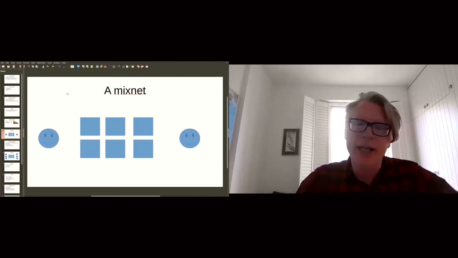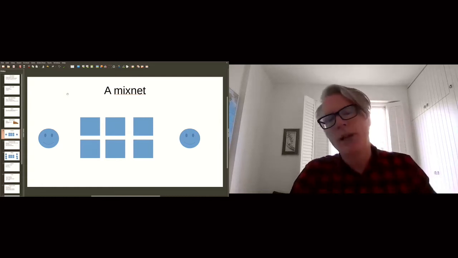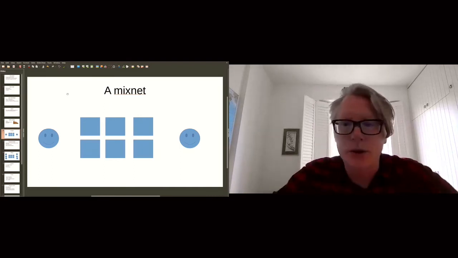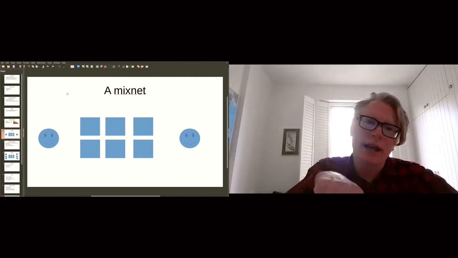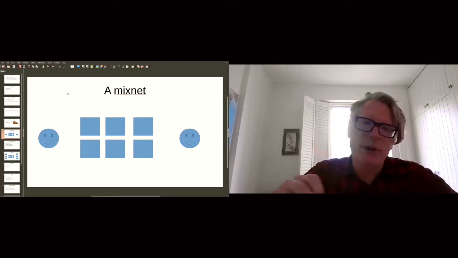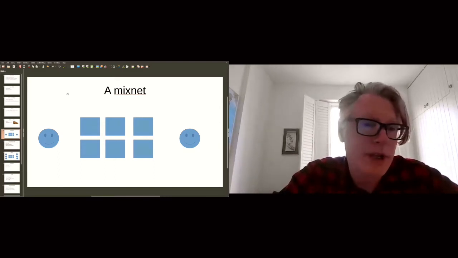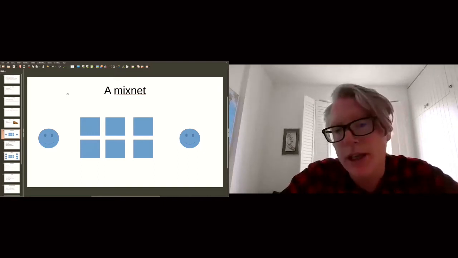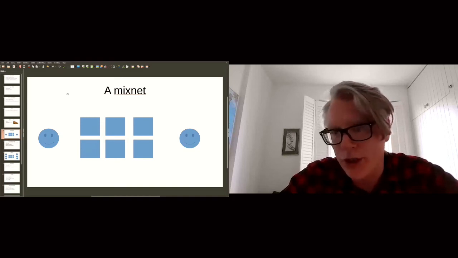And at each one of these hops, so let's say the happy face on the left sends one of the Sphinx packets that will go through the top row all the way through to the recipient. At each hop, that Russian doll basically gets unwrapped by the mix node. The mix node then gets one piece of information, which is, where should I send this thing next? And then, in our case, it's the second mix node on top, and that one gets another Russian doll,